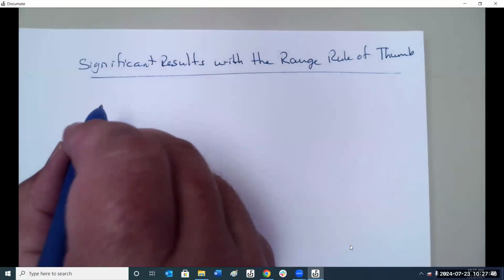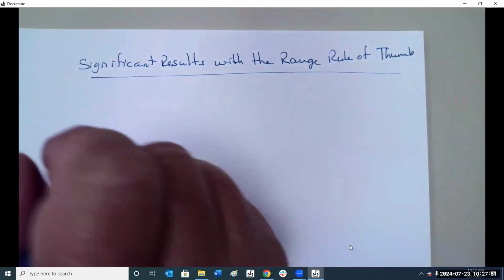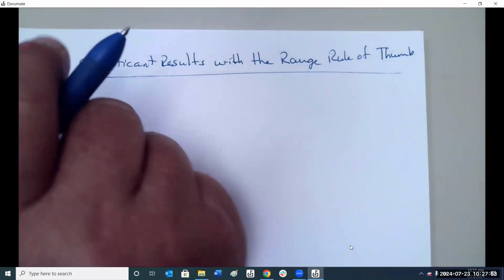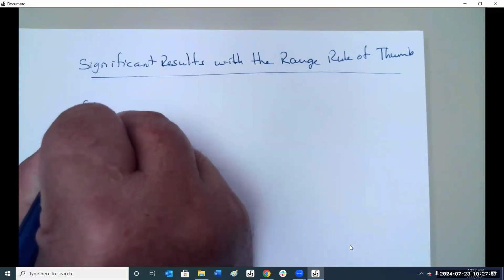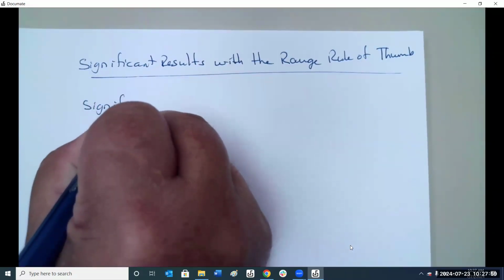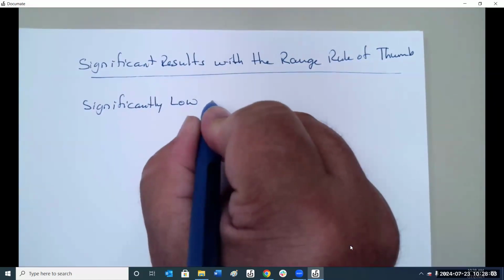So the range rule of thumb helps us to identify significance of values. We have significantly low values,